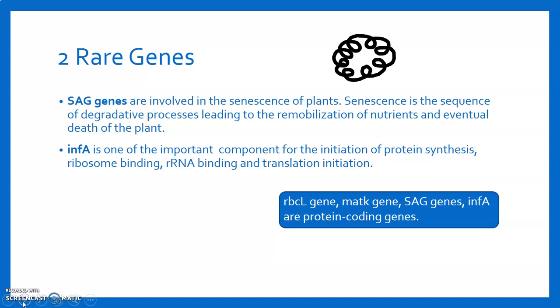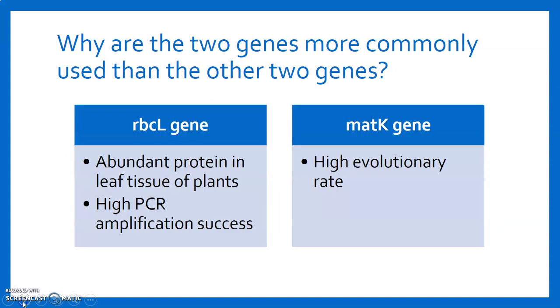All of these 4 genes, the RBCL gene, the MATK gene, SAG gene, and INFA, are protein coding genes. So why are the two genes more commonly used rather than the other two genes? The RBCL gene is an abundant protein in leaf tissue of plants, and it has high PCR amplification success,